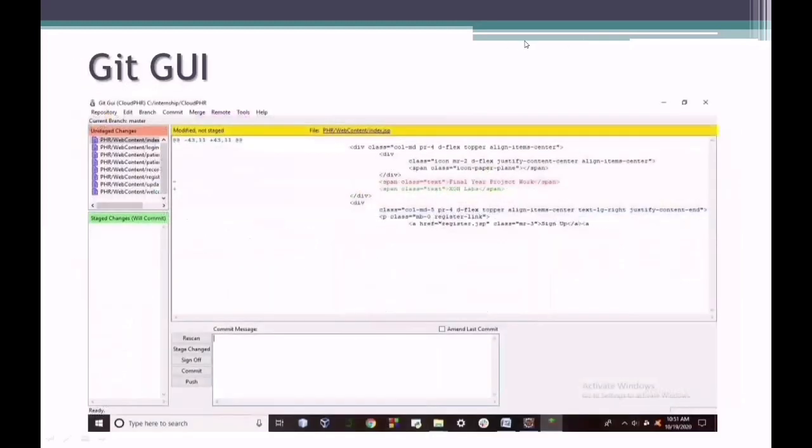Git GUI. Git allows us to manage all repositories. We have cloned the project from GitHub and made changes, that is, we fixed the bugs that were given in the sprint. Here the red line indicates the line which is deleted. The green line indicates the line added or modified. Once the changes are made, the code is ready to commit and push the changes.